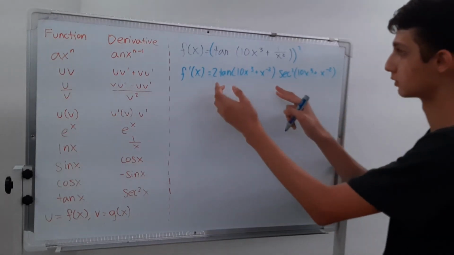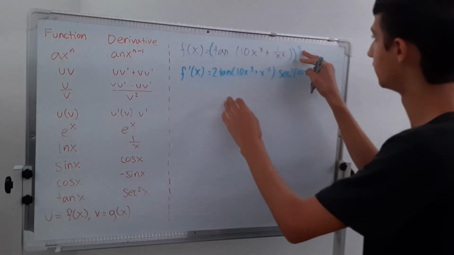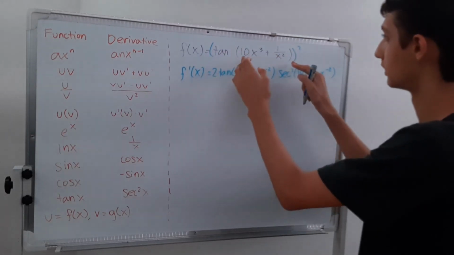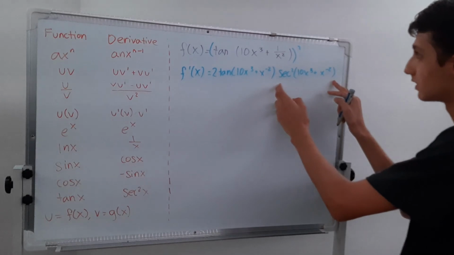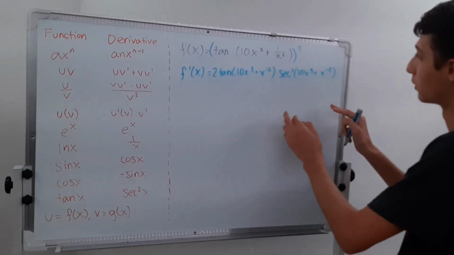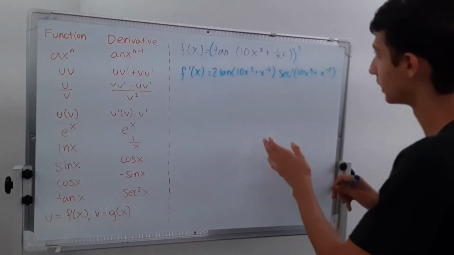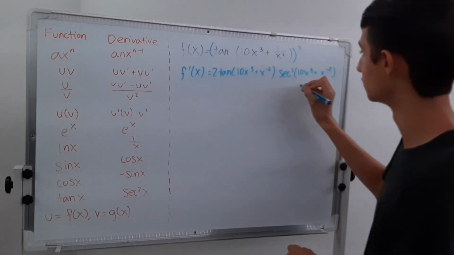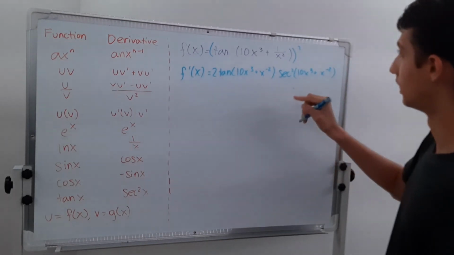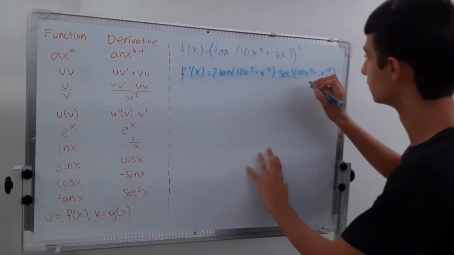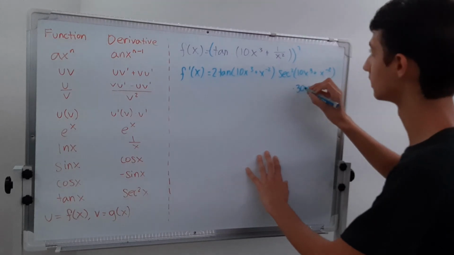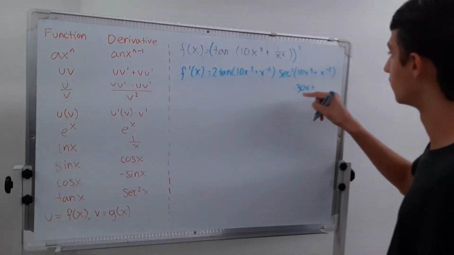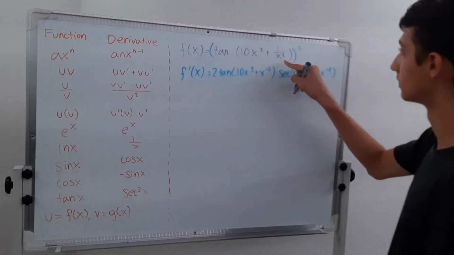So remember, this is just this times the derivative of the outside, times the derivative of the inside, and so here we have to use the power rule as well, or the chain rule as well, so we have the derivative there times the derivative of the inside, which is 30x squared plus, and then again we have this x to the negative 2,